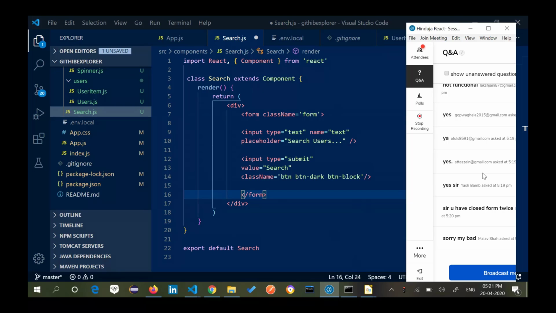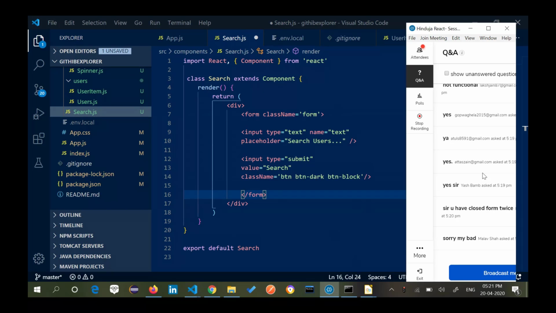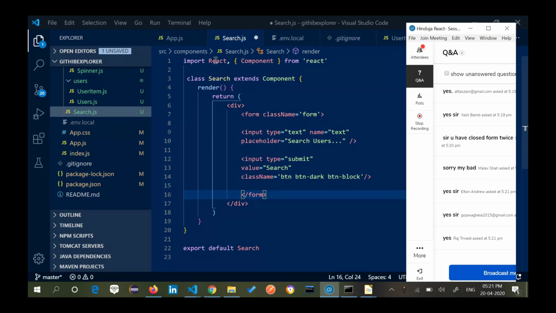So is everyone clear with this part? Can I get a quick round of confirmation? You all are clear.